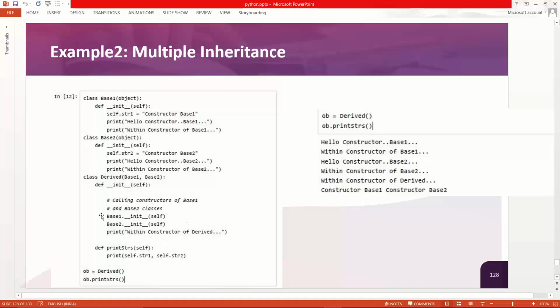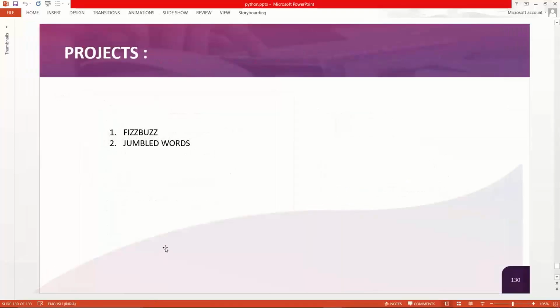So this is the way it will be working. One thing you need to remember, it should be introduced inside the constructor of the derived class, because whenever the derived class object is called, directly it will just show you the constructor. So you need to be very careful of this.